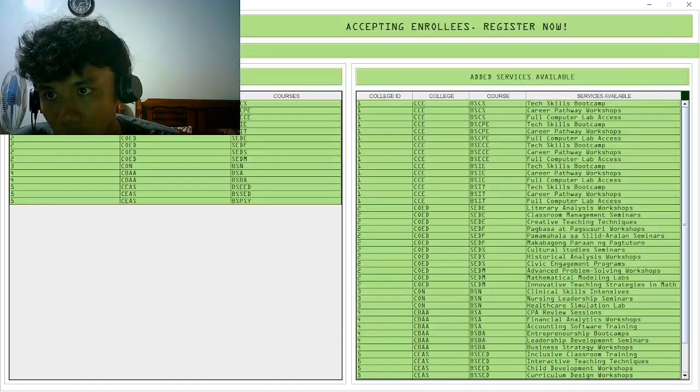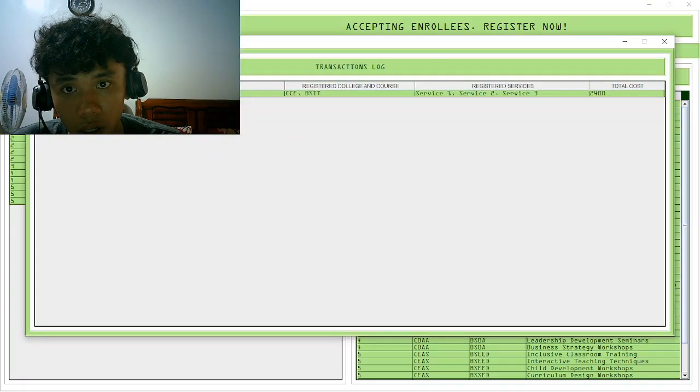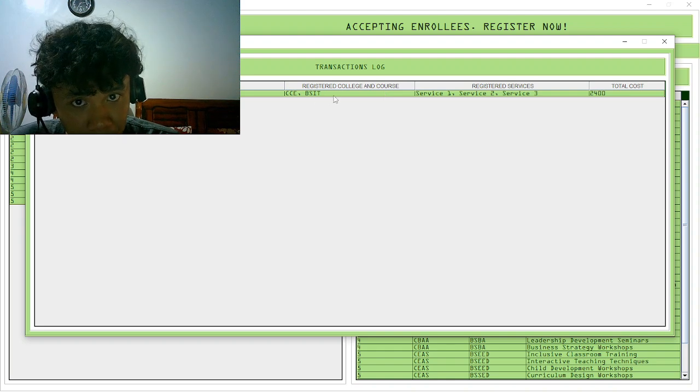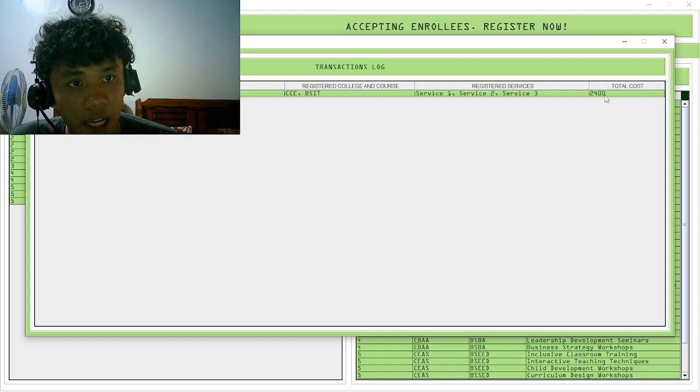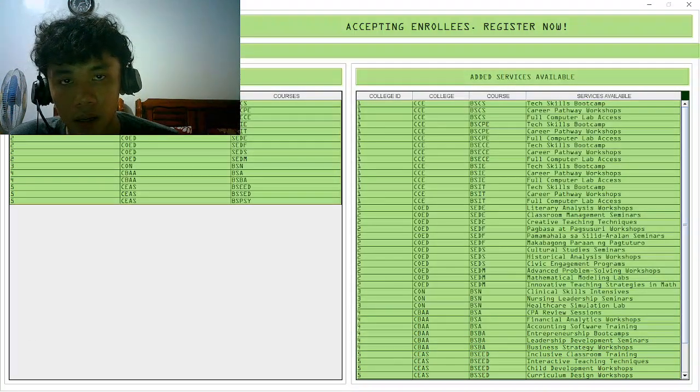Now let's check transactions log. The transactions log contains the registered college and course, which is CCE, BSIT, and the registered services, which is Service 1, Service 2, and Service 3, totaling into 2,400 pesos. Now, let's try a different